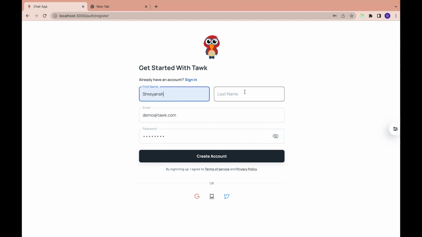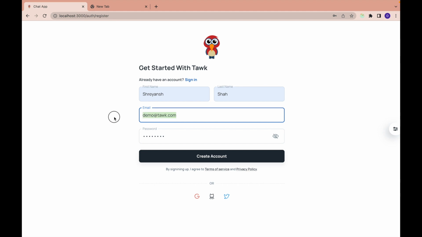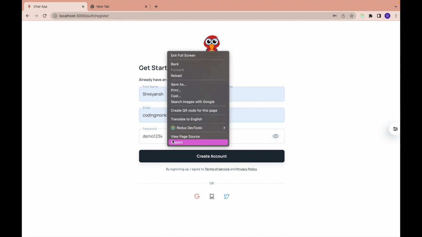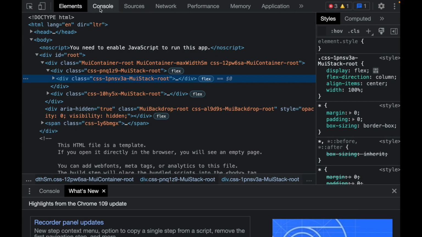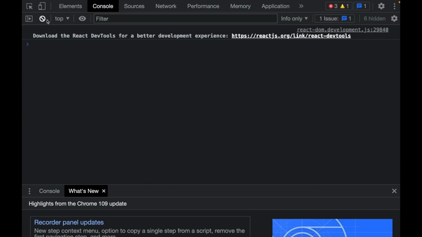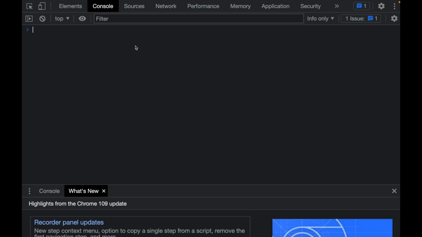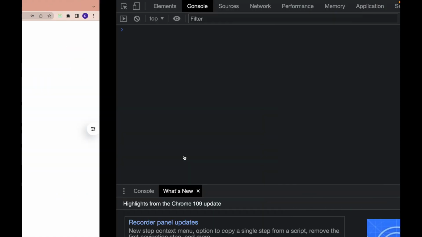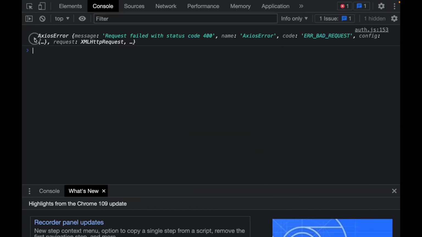So here I'll be again submitting the same values. Let's try to use an email which is already registered, that is codingmonk22@gmail.com, and let's also use any password that you might want. Also, I'm going to open up my inspector tool and then the console. Make sure that you have cleared all the previous console output so that we can see clearly what response we are going to get. Now if I click on this create account button,